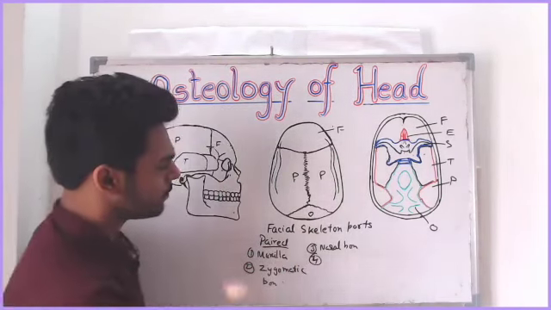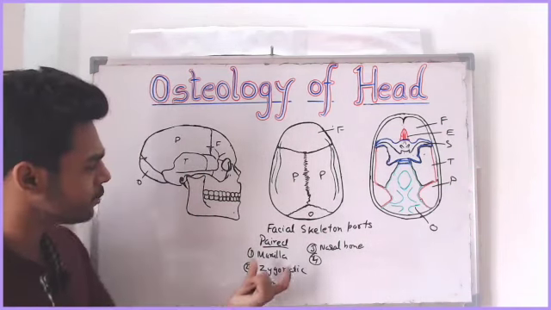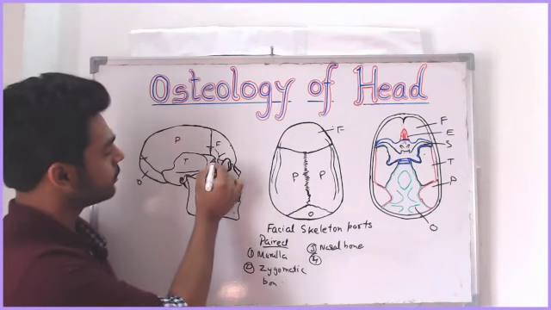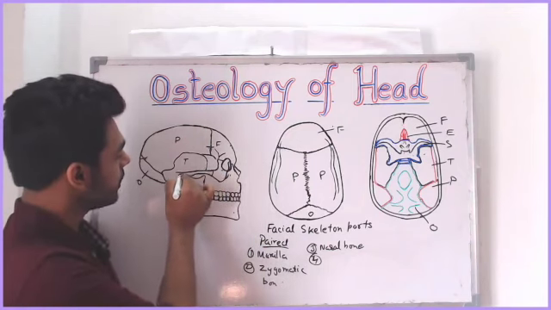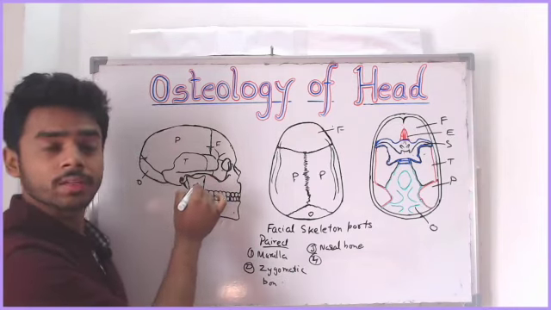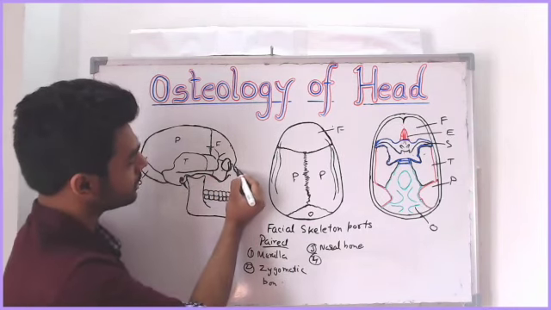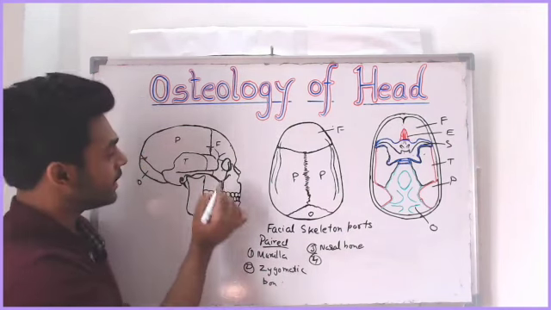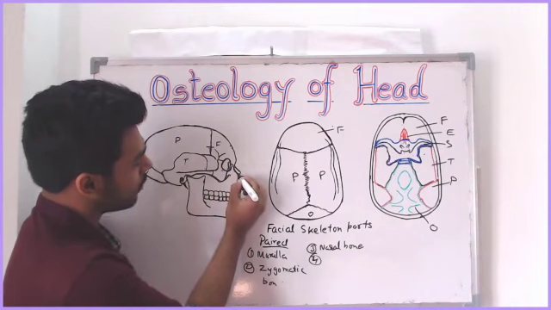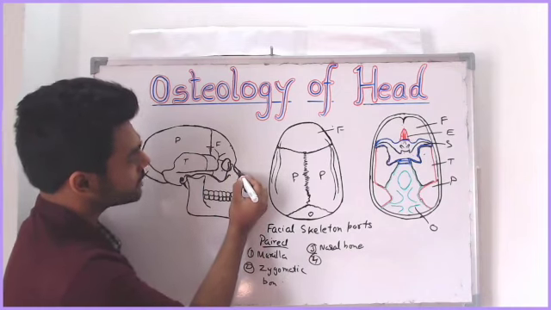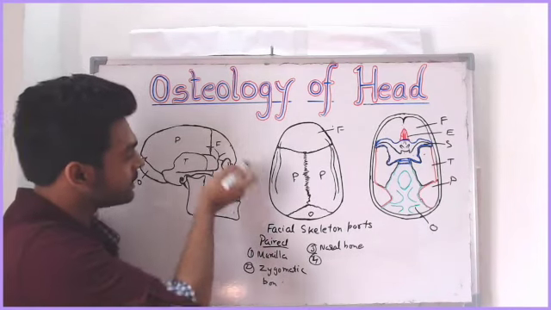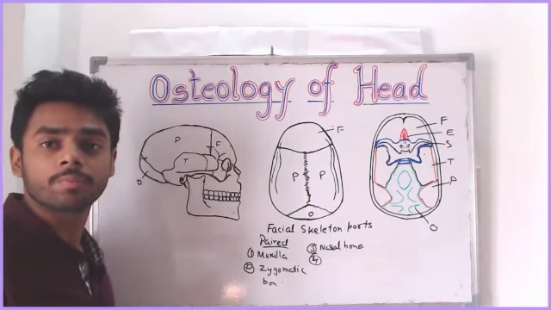Fourth, see, you should locate these bones also. See, this is the part of maxilla. This is the zygomatic bone, and this is the zygomatic arch. Then we have this part, nasal bone. Then here inside this we have lacrimal bone. This is the frontal process of the maxilla. Here nasal bone, frontal process of maxilla, and inside this we have lacrimal bone, and inside that we have ethmoid bone also.